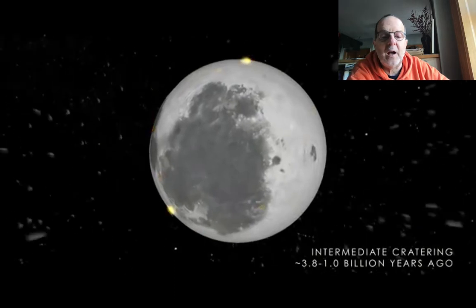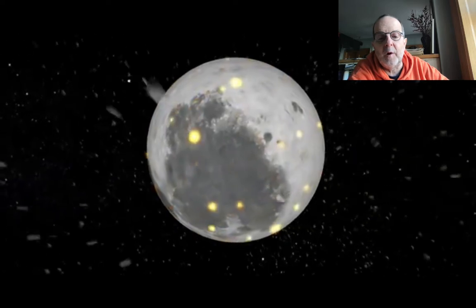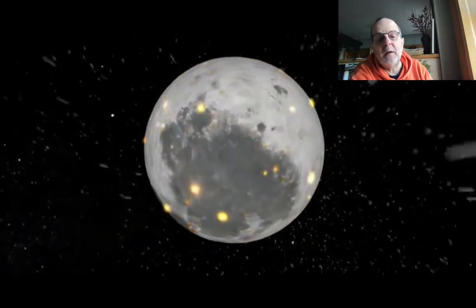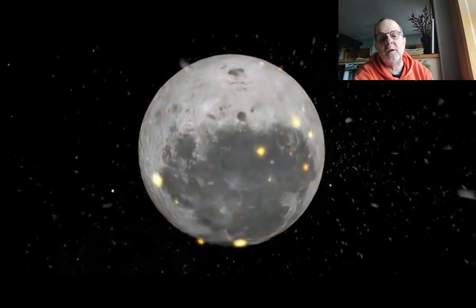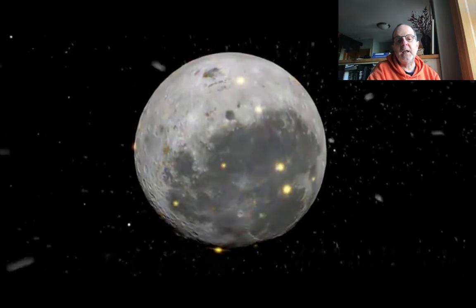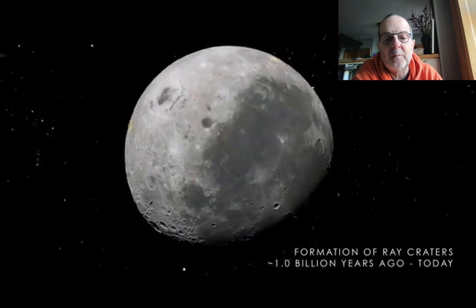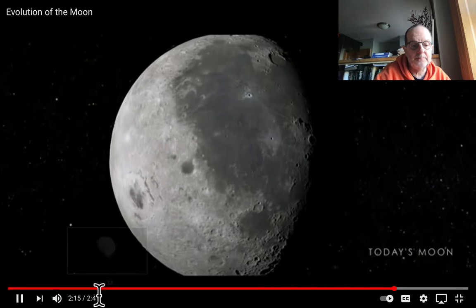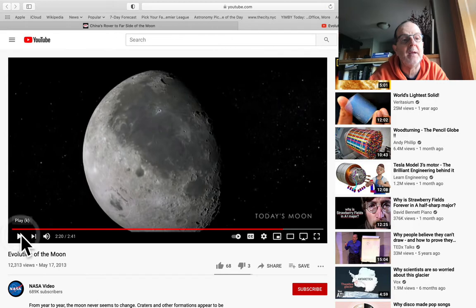And then just the constant bombardment for, this is what, 2.8 billion years of bombardment until our neck of the woods became, we had the objects, the Earth and the moon had swept up, vacuumed up debris in our orbital path, and now it's only the occasional asteroid or object that's been perturbed in its orbit that could hit us. And that's us pretty much now. So it gives you a sense of the scale and timing of